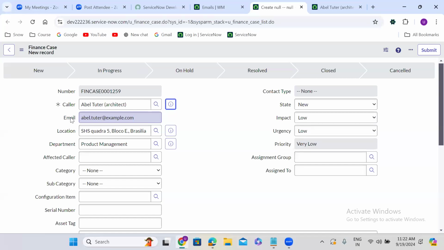g_form.getReference on the caller field will get all the caller values: caller login name, first name, last name, full name, location, department, manager, email, VIP, all the values it will get. So as it is getting all the values, if you use a synchronous call, the form will wait. That is not a good practice. If you use an asynchronous call, even if it is asynchronous,